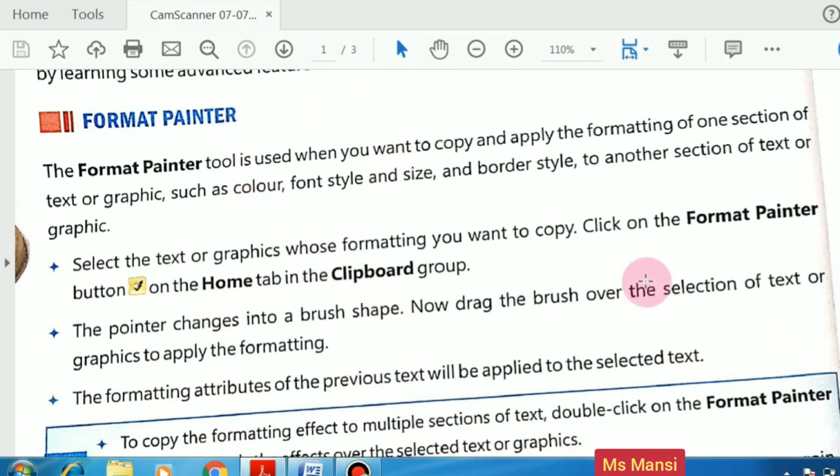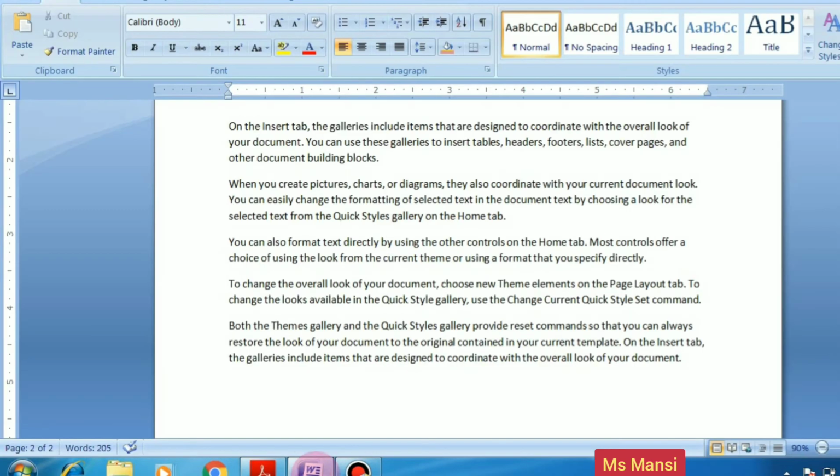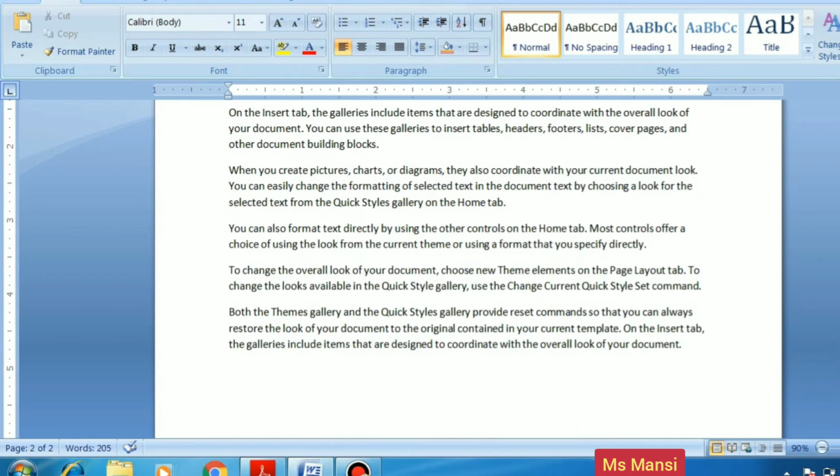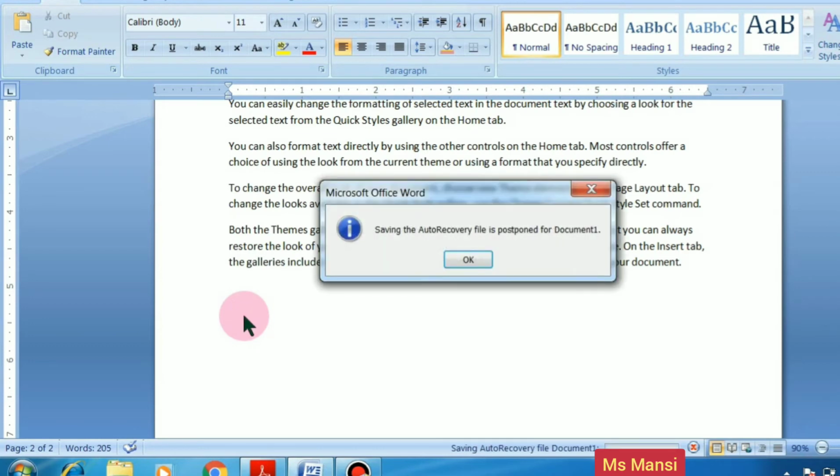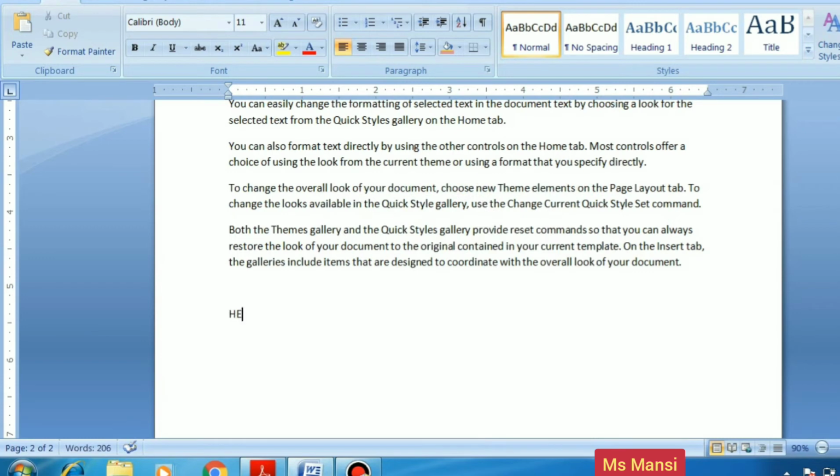I just open MS Word. Okay, I just write here one paragraph for a practical session, so I just use Format Painter. I'm writing here, hello, how are you?